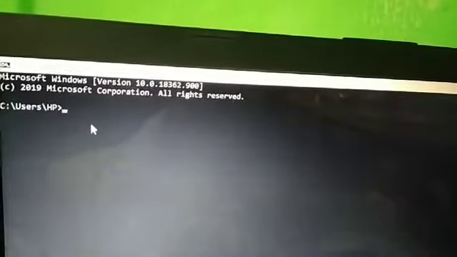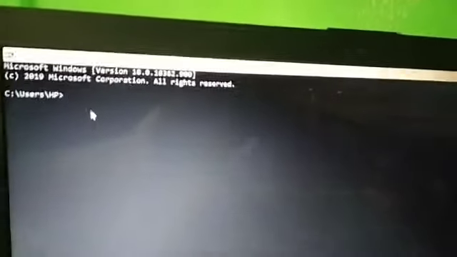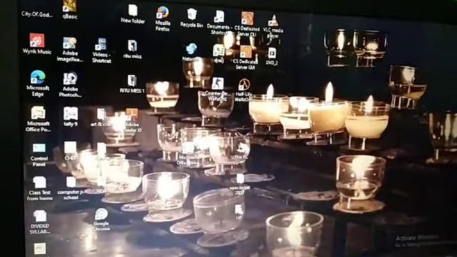In this operating system, if you want to work, we have to type commands for making a file or folder. Understood? So from the search button of the start menu we can open a program.